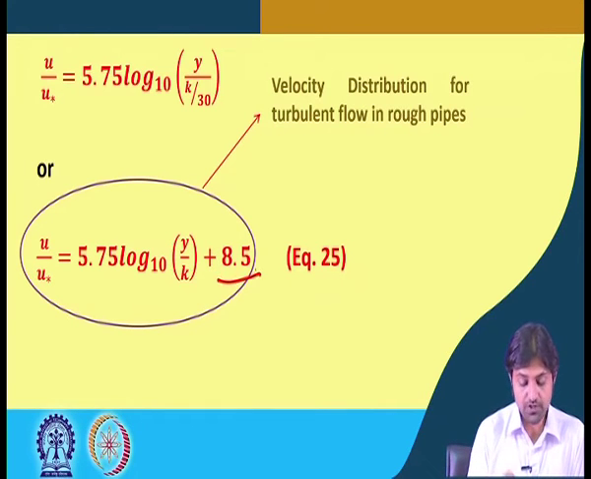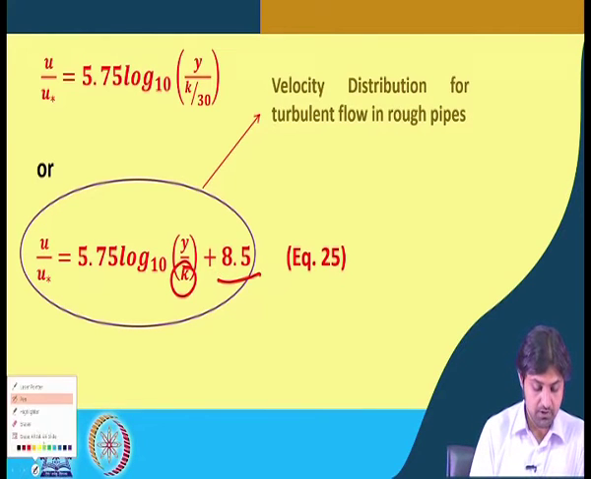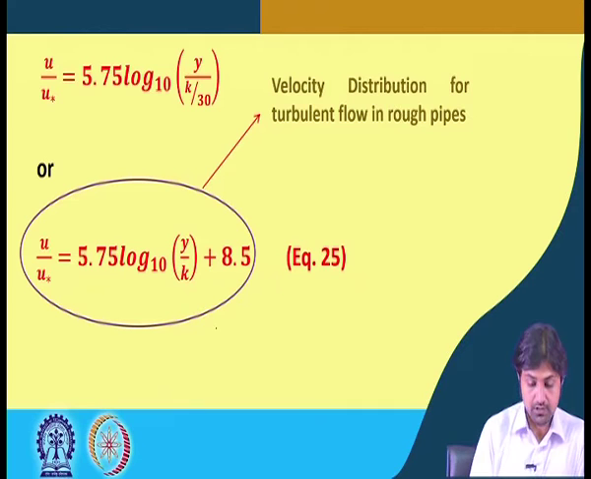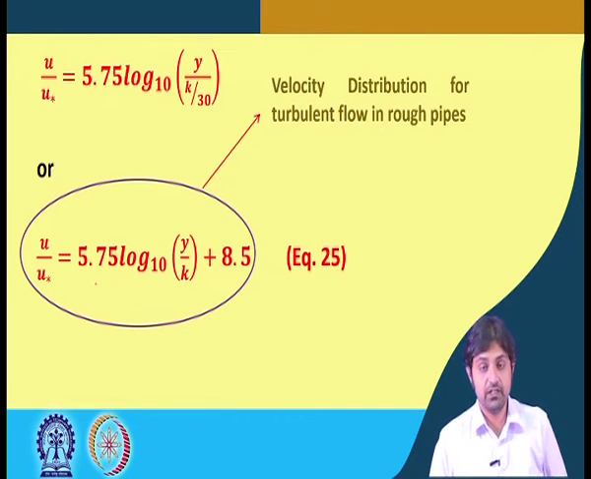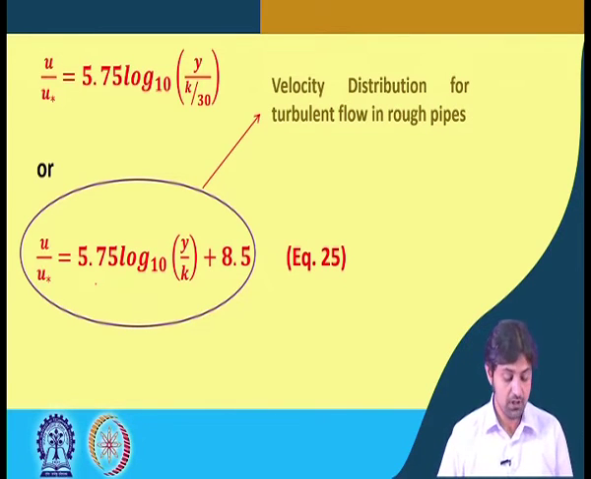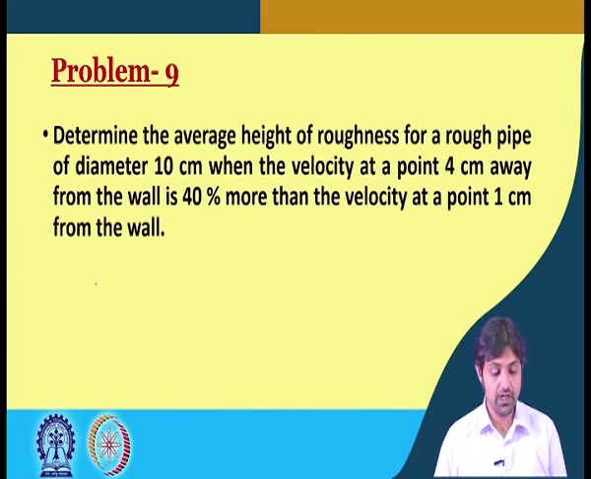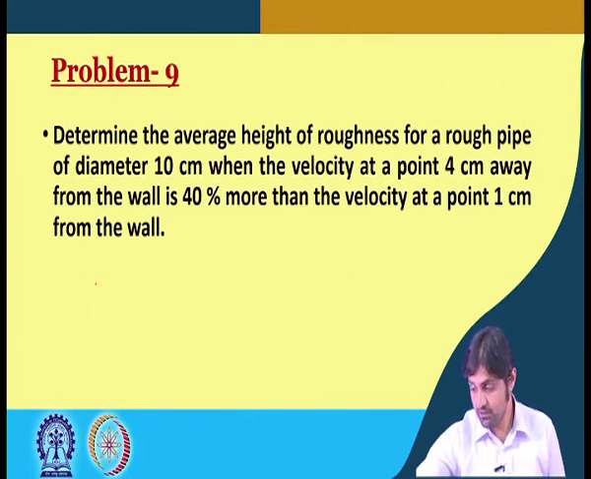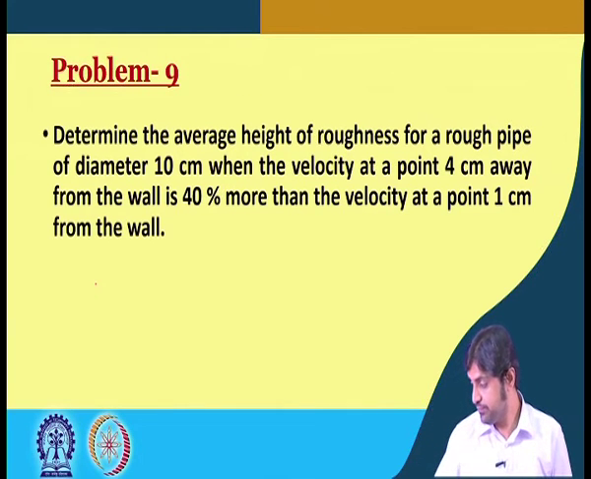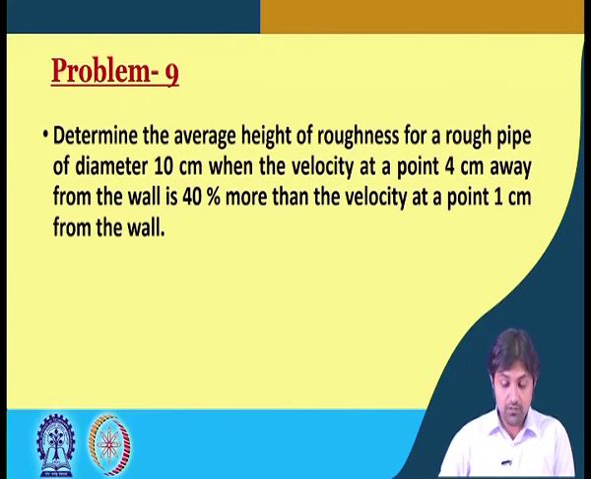So these coefficients are a little different, this k is different, okay. And more importantly, it also has some sort of logarithmic form, both smooth and rough. Now it is a good idea to solve one problem here on this particular concept, and solving the problem will